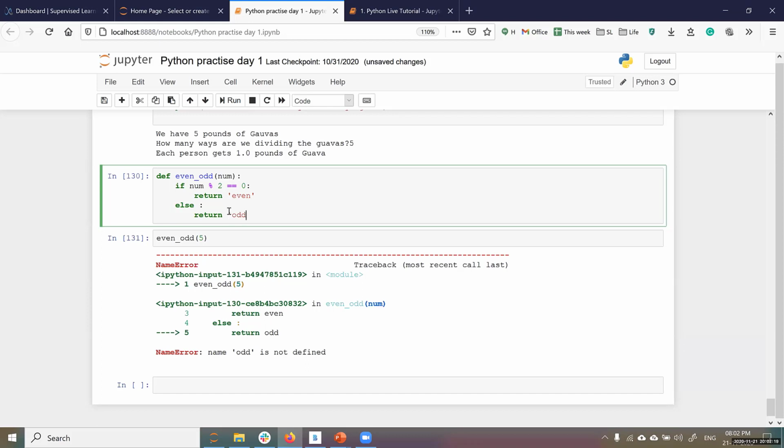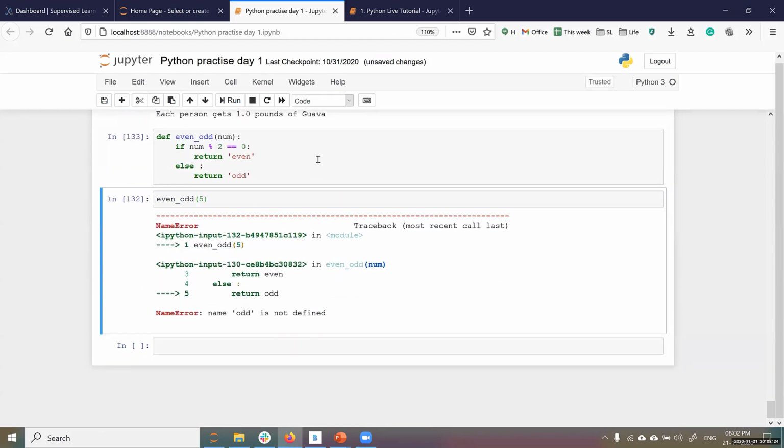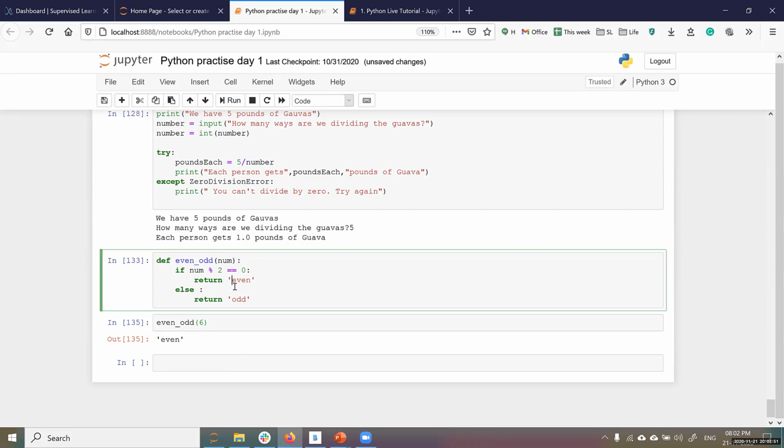Yeah, you can return a string, you can return a number, just returning even or odd as a string. Got it? This is a way to write a function. You can beautify it more by saying it's an even number or it's an odd number, something like that.